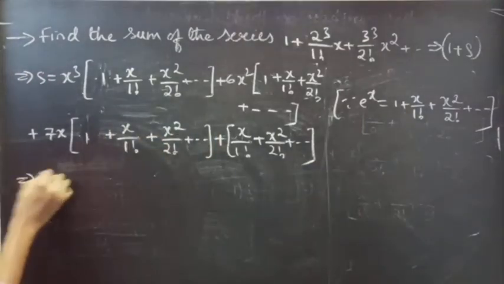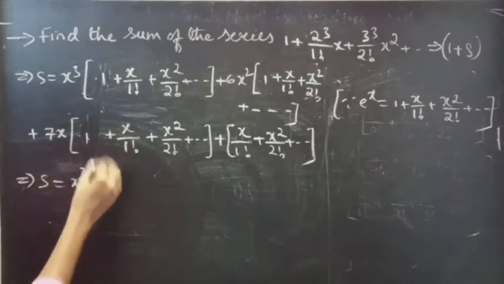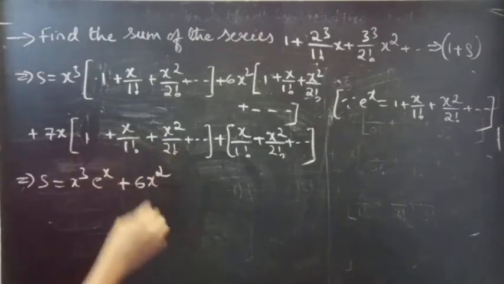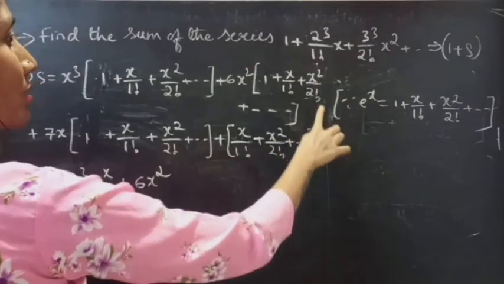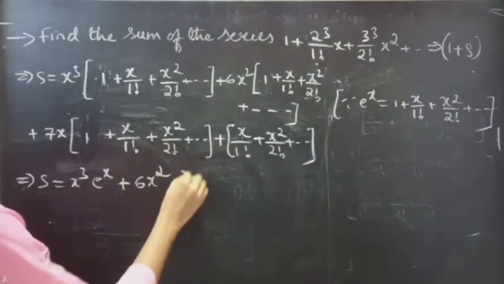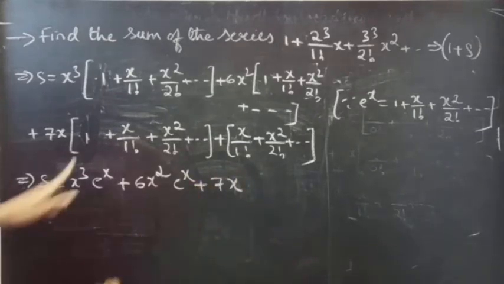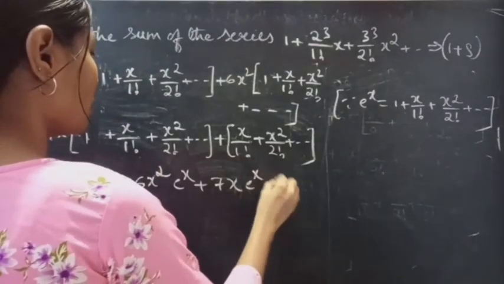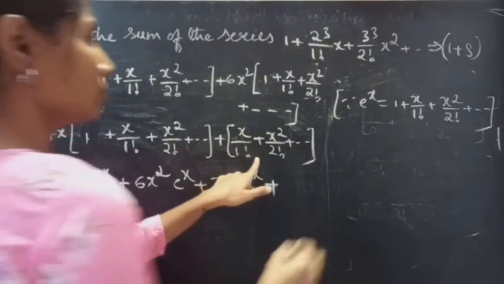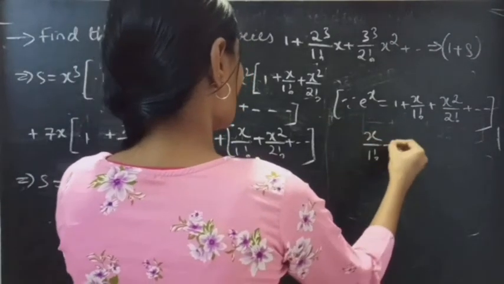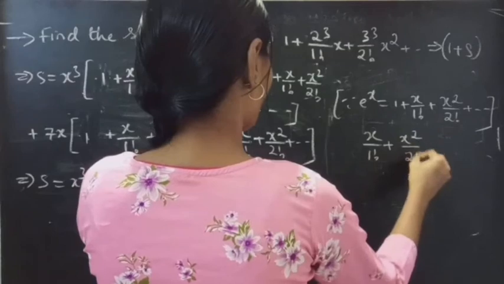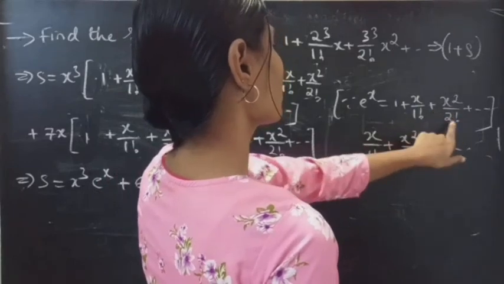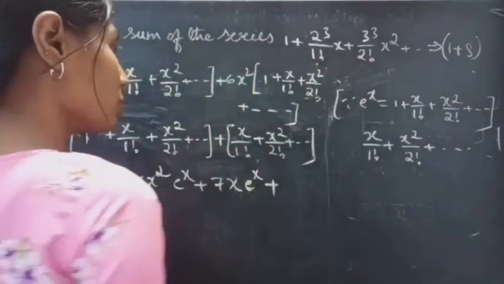The next step, we'll get x cube into e power x, plus 6x square into 1 plus x by 1 factorial plus x square by 2 factorial plus so on, which is e power x, plus 7x into 1 plus x by 1 factorial, which we can replace by e power x, plus in this you have x by 1 factorial plus x square by 2 factorial plus so on. Since e power x equals 1 plus x by 1 factorial plus x square by 2 factorial plus so on, from this we'll get,